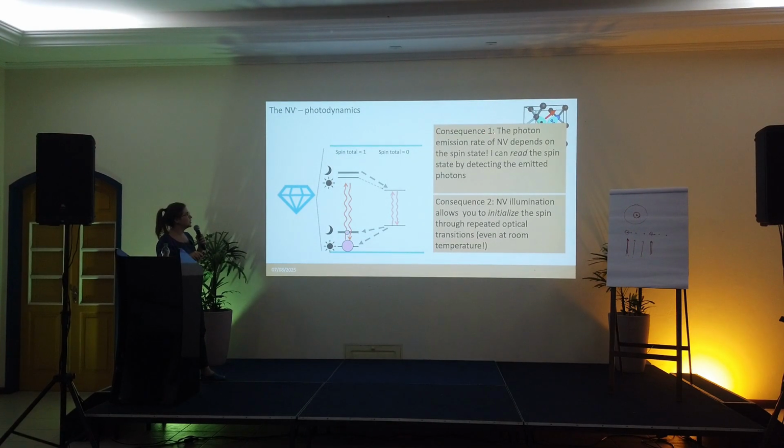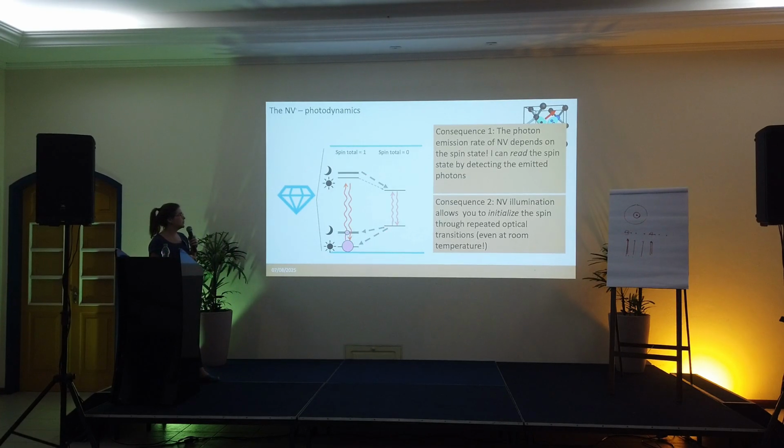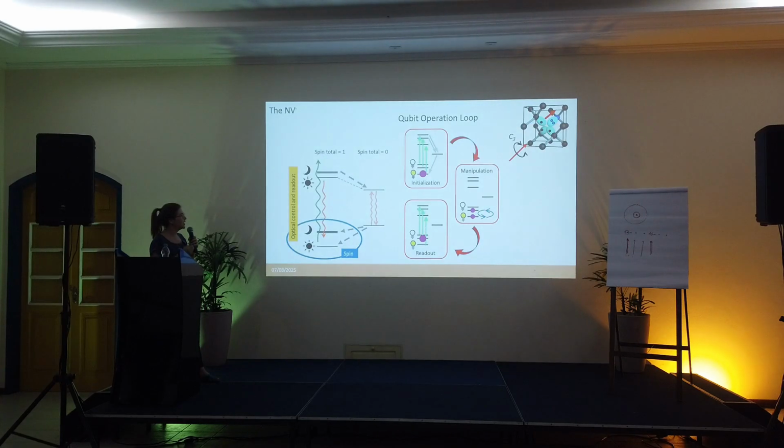And what I also introduced to you is that the system has this non-radiative photophysical pathway that has two important consequences. On the one hand, it allows us to read out the state of the spin in the system using its photon emission rate, so how many photons it emits under a certain control sequence. And the second consequence is that you can initialize the electronic spin of your system through a repeated cycle of photoexcitations. If the system goes through this cycle repeatedly, eventually it ends up in this situation where the spin is initialized. And